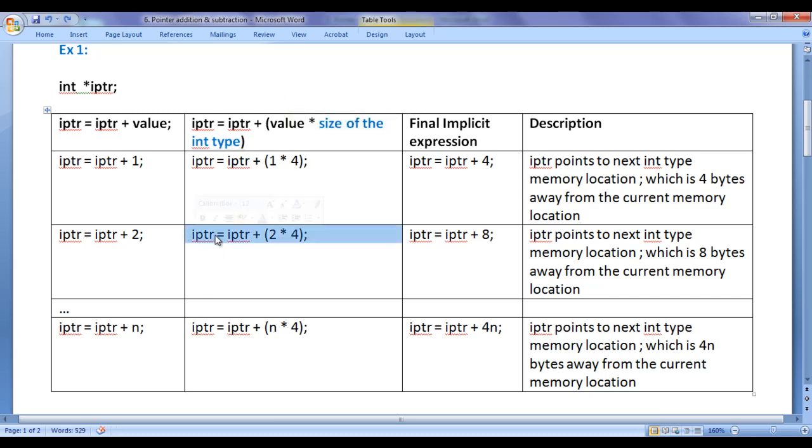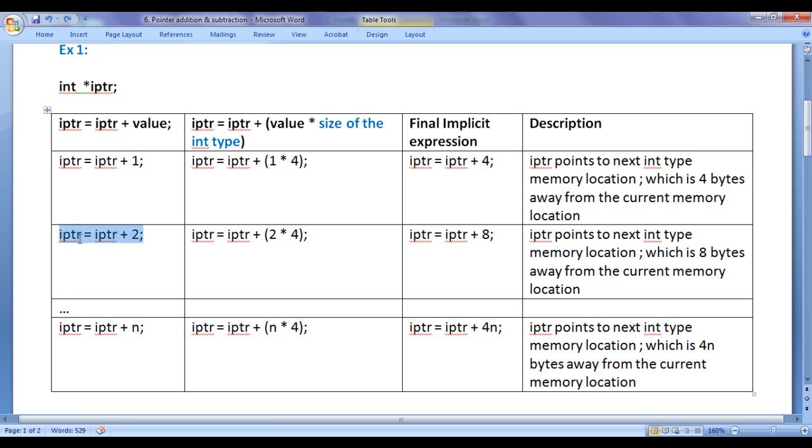The final implicit expression will be IPTR equal to IPTR plus 8. Even though you say plus 2, implicitly it is adding 8, so IPTR points to the next integer type memory location, which is 8 bytes away from the current memory location, guys.